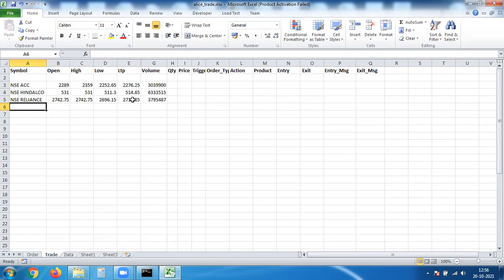Likewise, not only the NSE symbols, but you can even add the futures also, the derivative segment. So let's say NFO, Reliance, then give the expiry date. So 28 October 2021 and future. This is the new contract which I want to add to the list of the symbols. Now that list will be sent and immediately the data will be streamed over here.